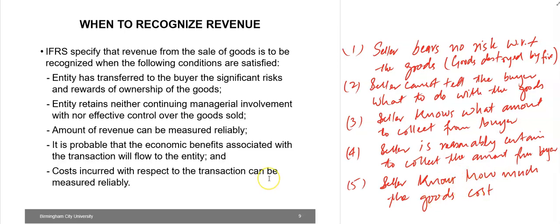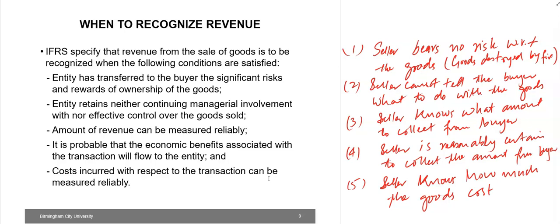actually cost. Before the convergence of revenue standards in 2014, the IFRS noted that the transfer of the risks and rewards of ownership normally occurs when goods are delivered to the buyer or when legal title to the goods transfers. However, as noted by the remaining conditions, physical transfer of goods will not always result in the recognition of revenue. For example, if goods are delivered to a retail store to be sold on consignment and title is not transferred, the revenue would not yet be recognized.